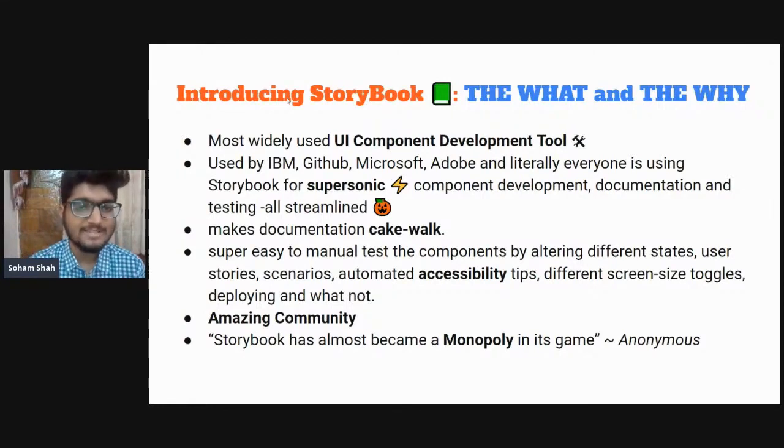UX is a different thing, but at least for UI they are going to do this. Storybook also provides some UX help, so we will be looking into that. But it makes it super easy to handle different states. User stories mean that on click this should happen, on hover this should happen, and so on for colors and stuff.